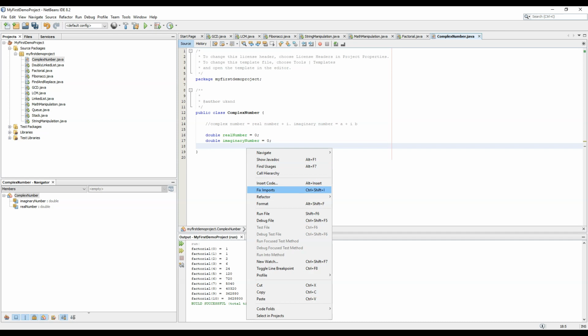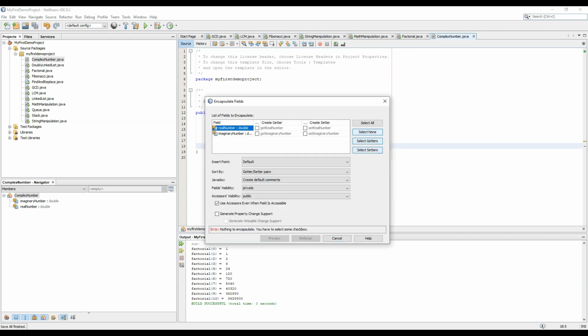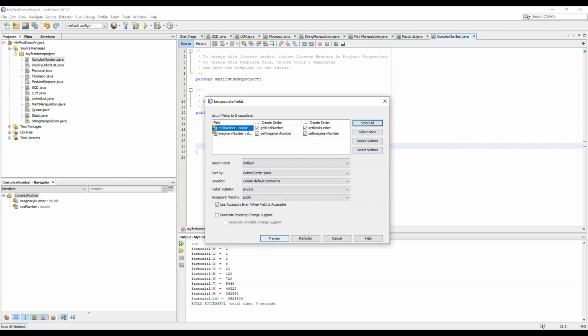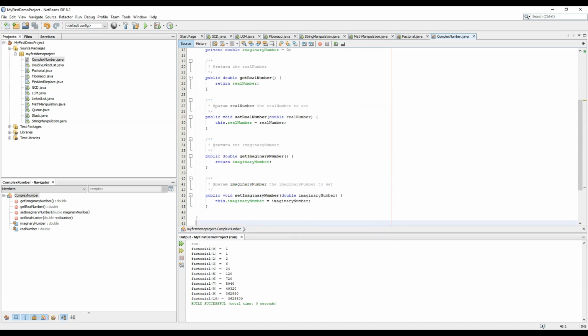We can go and refactor it now. So we can encapsulate fields. That means we can set the getter and the setter. So now we have set the getter and the setter. So we can create a constructor also.